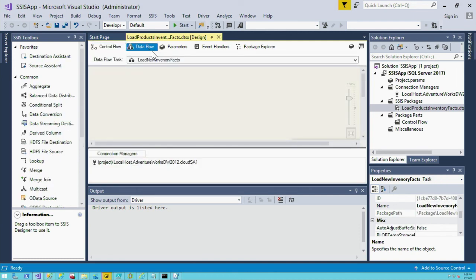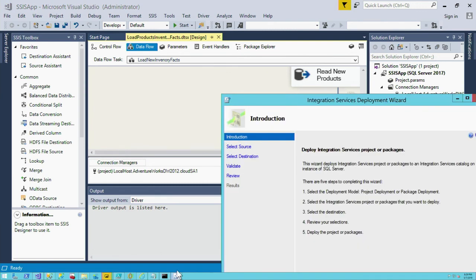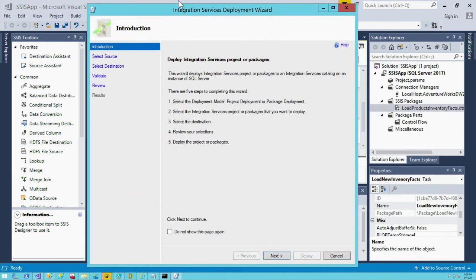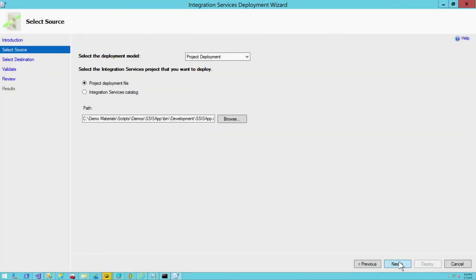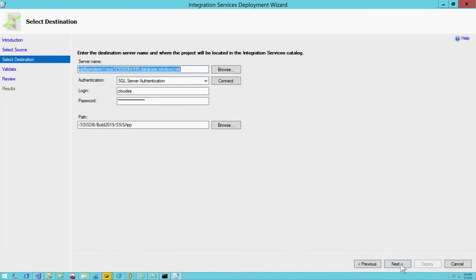I have a simple control flow and data flow tasks, which is a simple ETL. So I go and start the package deployment wizard and pick the file I want to deploy, select my managed instance as my destination and the folder I want to deploy it to,